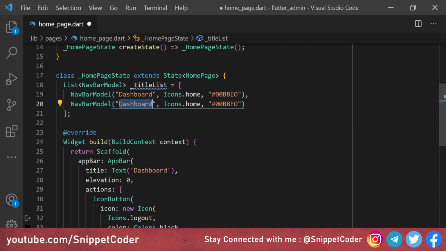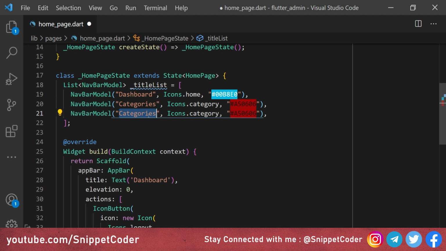Then we have our second one, that is categories, and we are using the category icon, and the color we are using here is A50606, and this is the red color, and the above one will be the blue color. Then we will have the third one, that is products, and the icon we are using here is the image icon. Then we have the color here, and we are using here